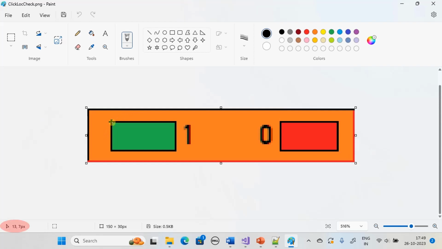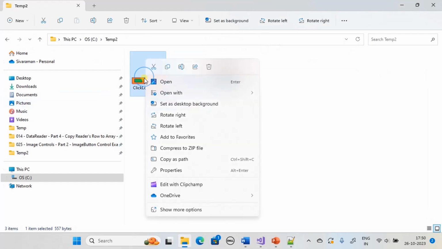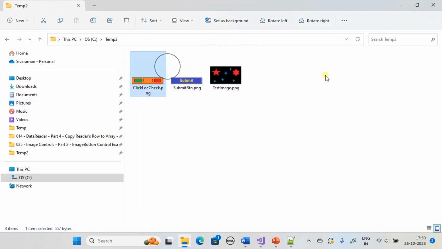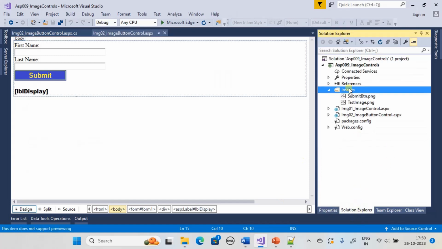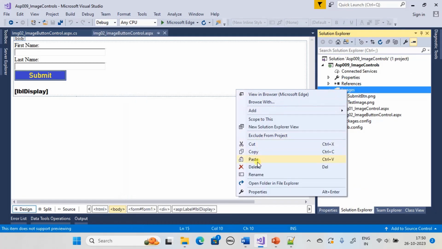The top left corner is 13,7 and the bottom right corner is 49,23. Similarly, for this red swatch, the top left corner is 108,7 and the bottom one is 140,23 pixels. Right, now we will copy this to the clipboard and paste it here in the images folder,